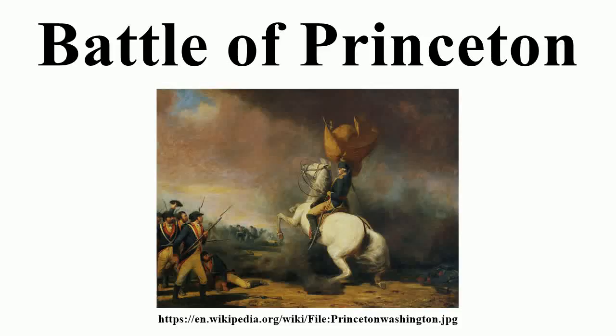The Battle of Princeton was a small battle in which General George Washington's Revolutionary forces defeated British forces near Princeton, New Jersey. On the night of January 2, 1777, George Washington, Commander-in-Chief of the Continental Army, repulsed a British attack at the Battle of the Assunpink Creek in Trenton. That night, he evacuated his position, circled around General Lord Cornwallis' army, and went to attack the British garrison at